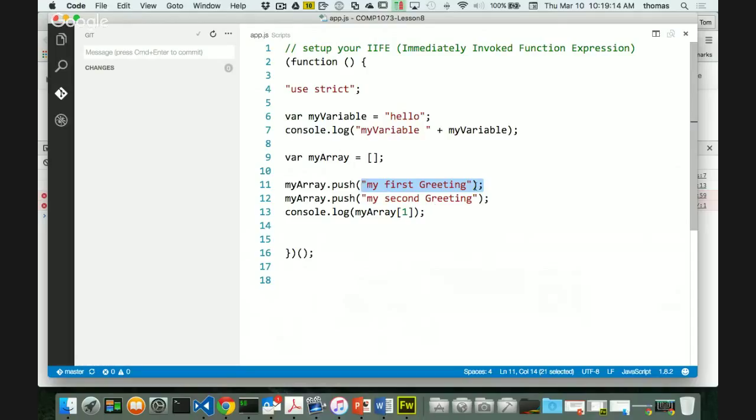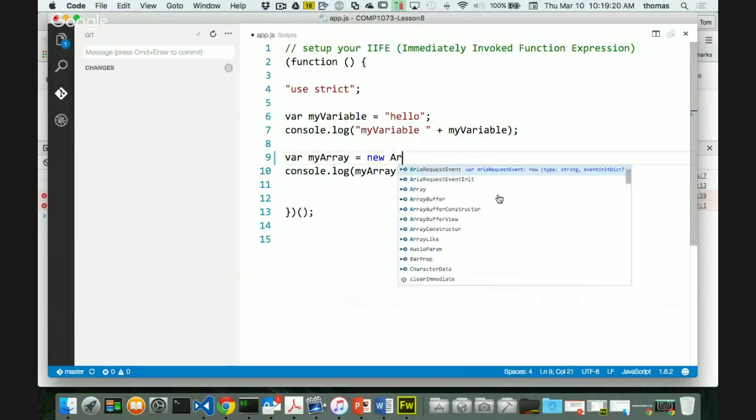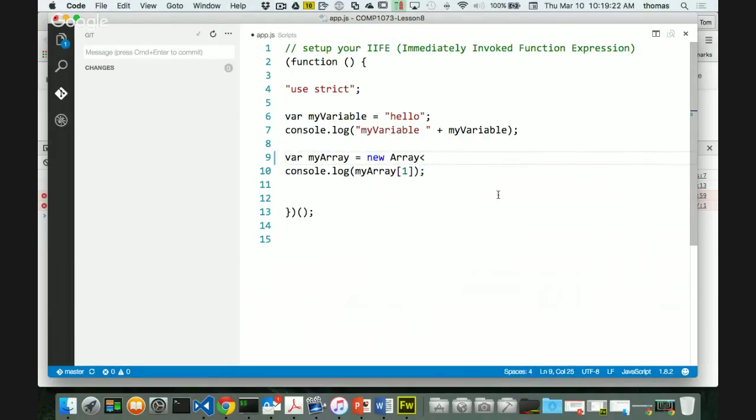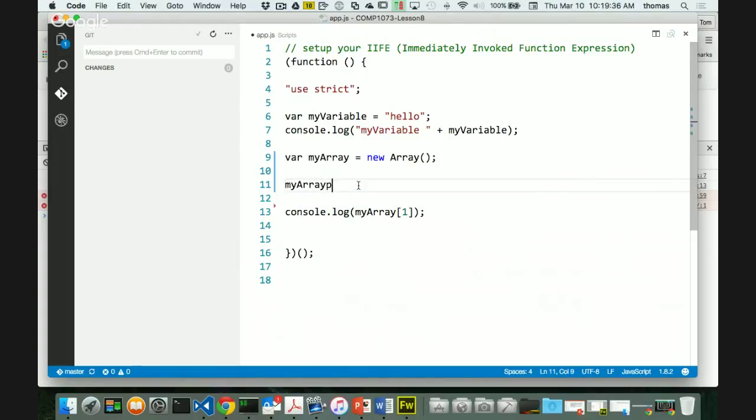There's another way to write arrays, as a review. I could do something like this. I could use the new keyword. So I could say new array, and I could specify the type if I wanted to, but I'm not going to. I'm just going to say new array. I could do this: var my array is equal to new array. And then I could do the same thing. I could specify the actual number. So I could say something like my array 0,